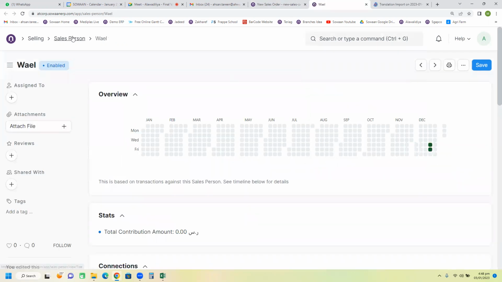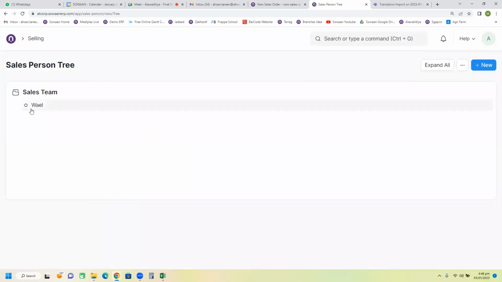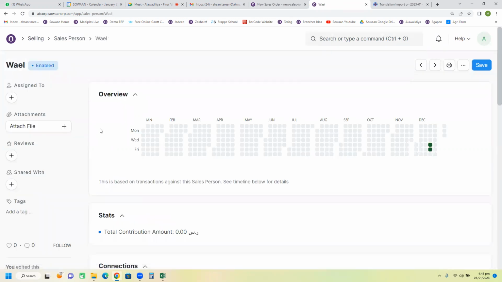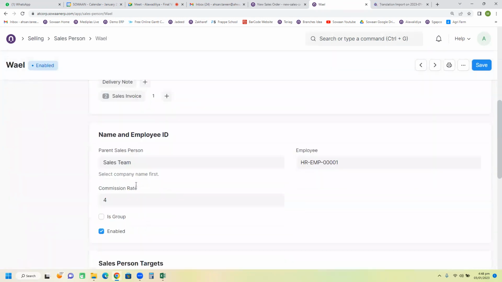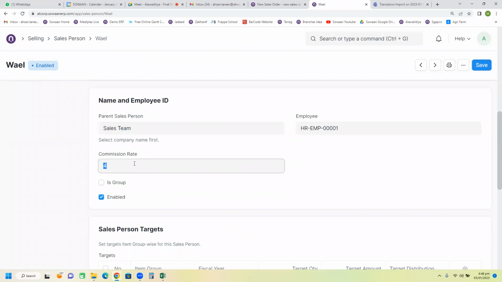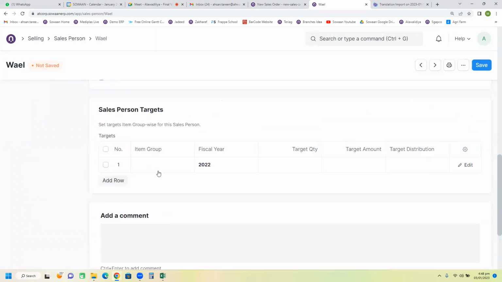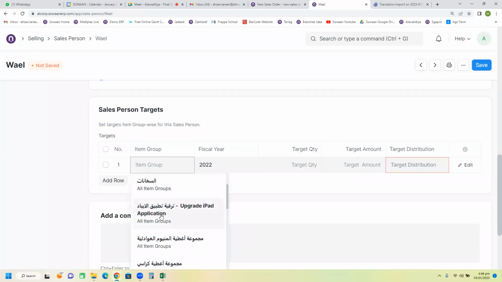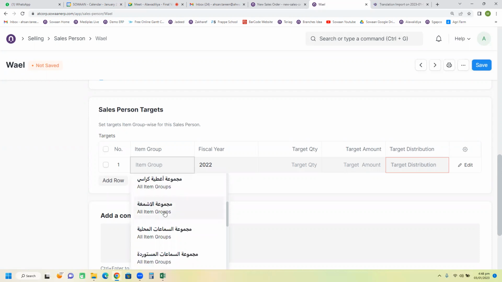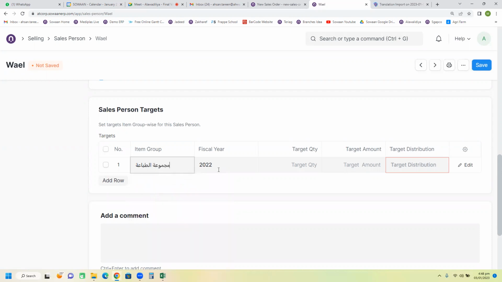You see, I'm here on the salesperson. This is the same as the chart of accounts, with a parent and child mechanism. You can go to edit it, and now you have to define what the commission rate is going to be. It is coming from here, and you can also set the target based on item group. For example, this item group and this item group, for this particular fiscal year, like this year,